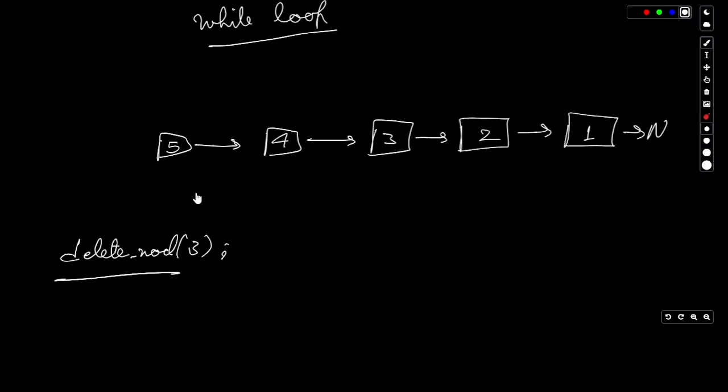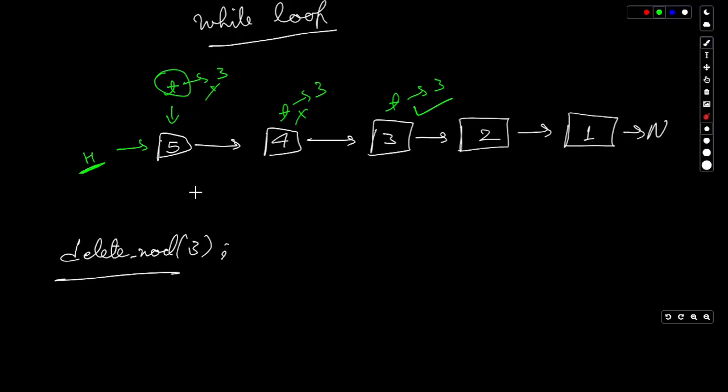So again, we will be traversing, and I've already told you how to traverse throughout the linked list. We'll be taking temp, which will be initialized to the head of the linked list, and then we will be checking at every point, is temp's value equal to 3? No, if it's not the case, we will move ahead. Is temp's value equal to 3? No, that's not the case, so we will move ahead. Is temp's value equal to 3? Yes, temp's value is equal to 3. Now how will we be deleting this particular node?